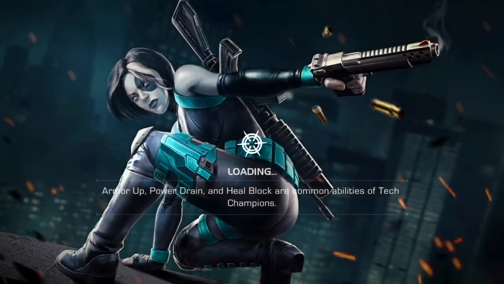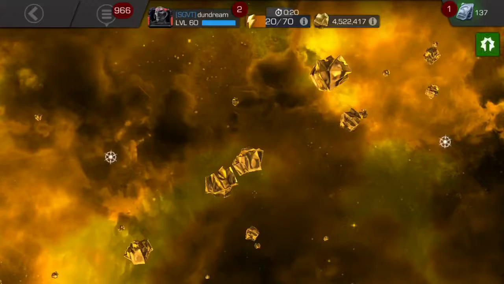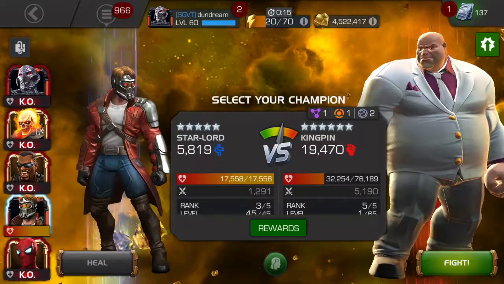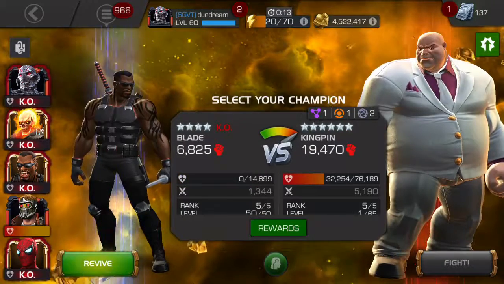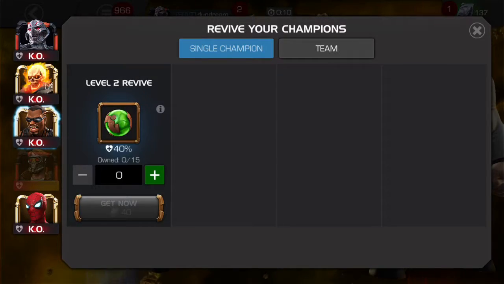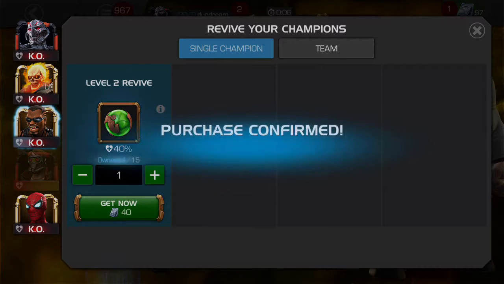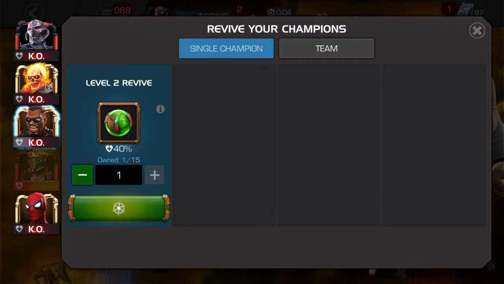I don't know who would be good against him, to be honest. I think Iceman would be quite cool. Cold Snap's not really a debuff, so it might not trigger his rage, maybe. I don't know how rage fully works. If you guys know who's a good Kingpin counter, leave a comment below. Tell me who you use against Kingpin, because